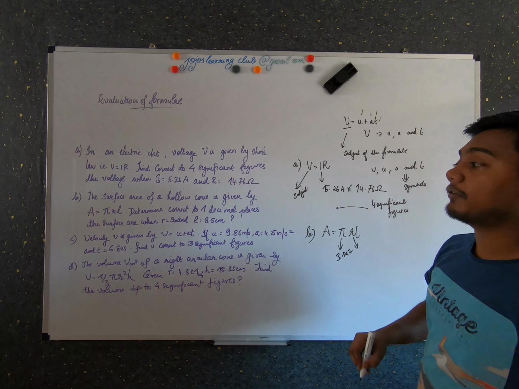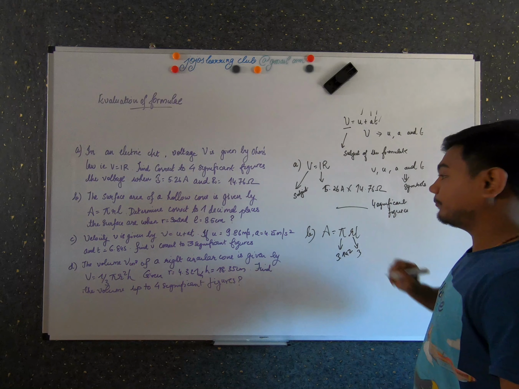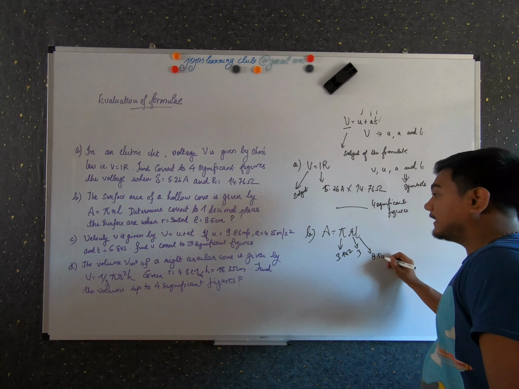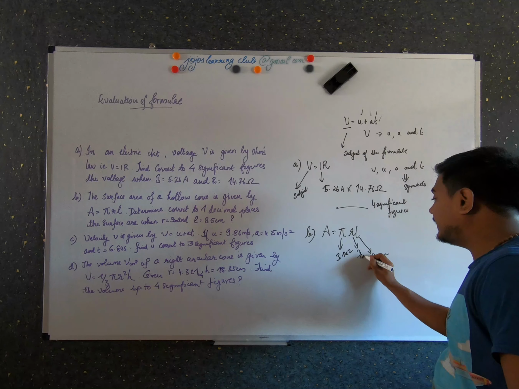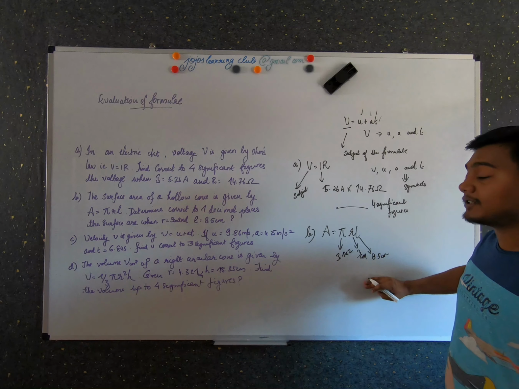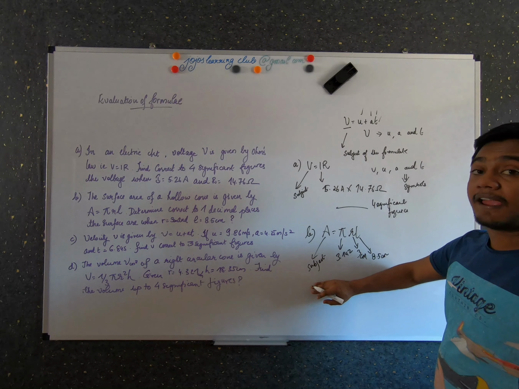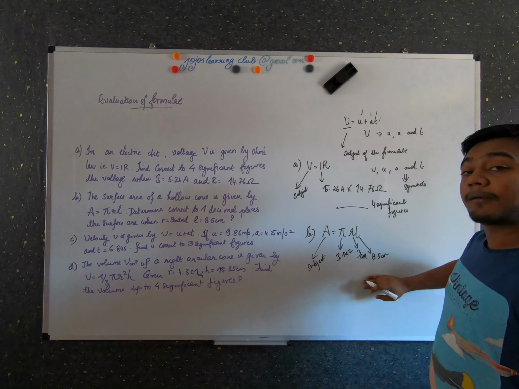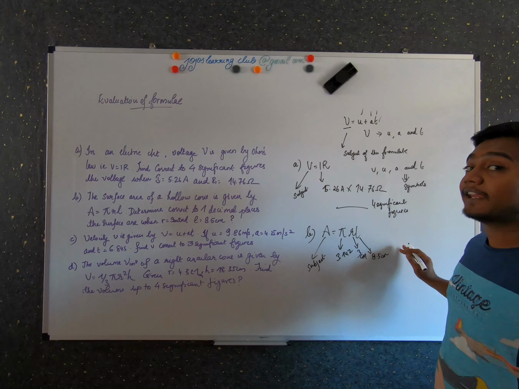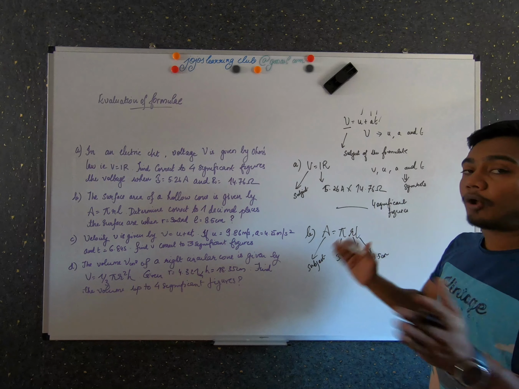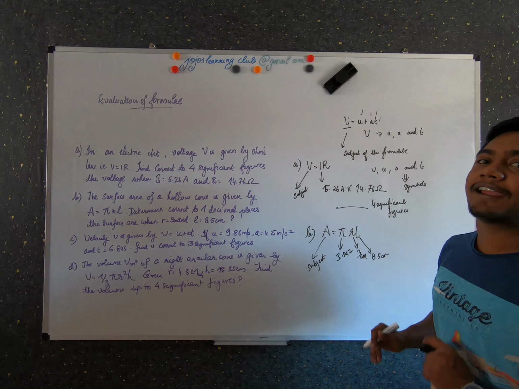And R is also given. What is R given? It's 3. And what is L given? It is given as 8.5 centimeter and R is given as 3 centimeter. Just evaluate where A is the subject over here. All others are symbols, and using the other symbols, I'm going to find the value of A. A is the area of the hollow cone. So that's it. It's a very easy problem. You just have to put all together and multiply and find the final answer.